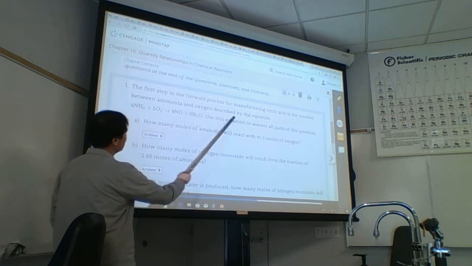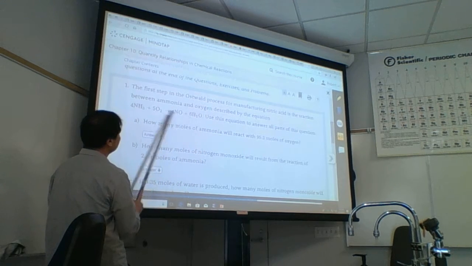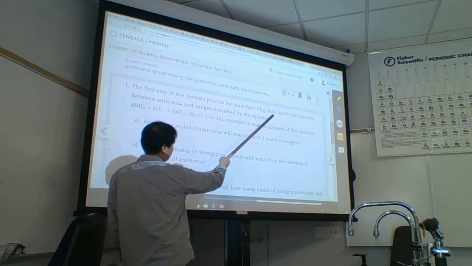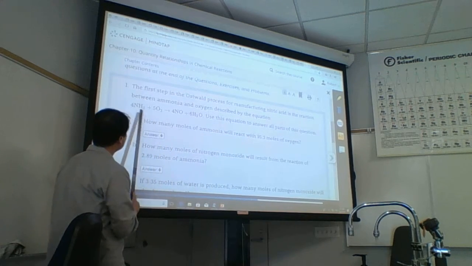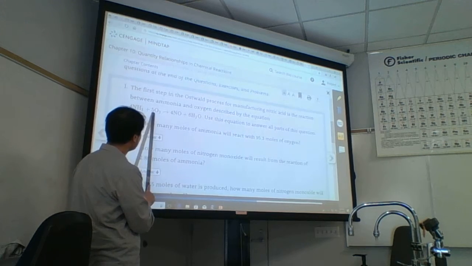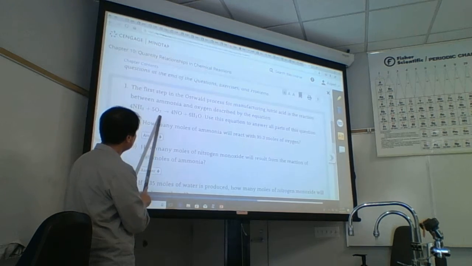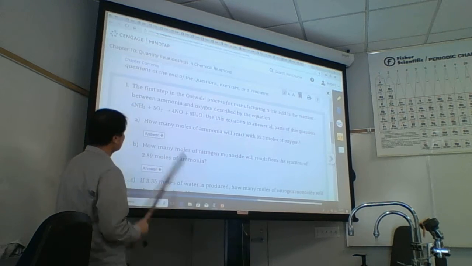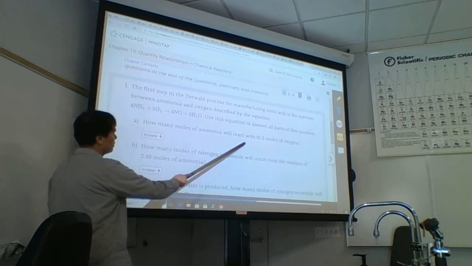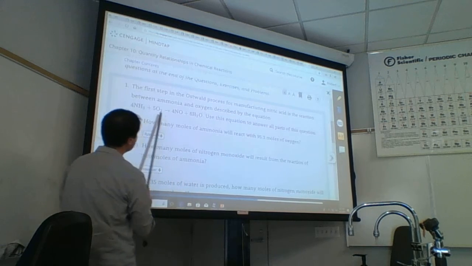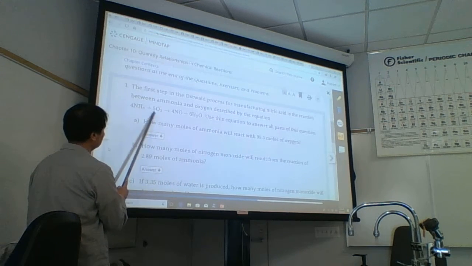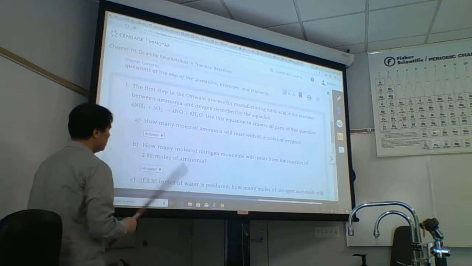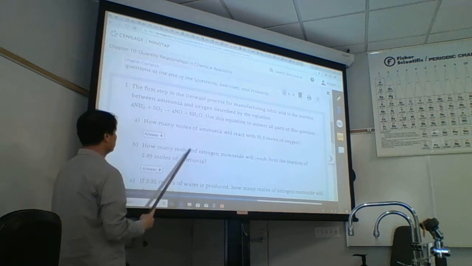This is one step of the Ostwald process, which is used for the manufacture of nitric acid. In this step, we take ammonia and oxidize ammonia to nitric oxide and water. How many moles of ammonia would react with 95.3 moles of oxygen? This is just a mole-to-mole conversion. It's a 4 to 5 mole ratio here. How many moles of nitrogen monoxide would result from the reaction of 2.89